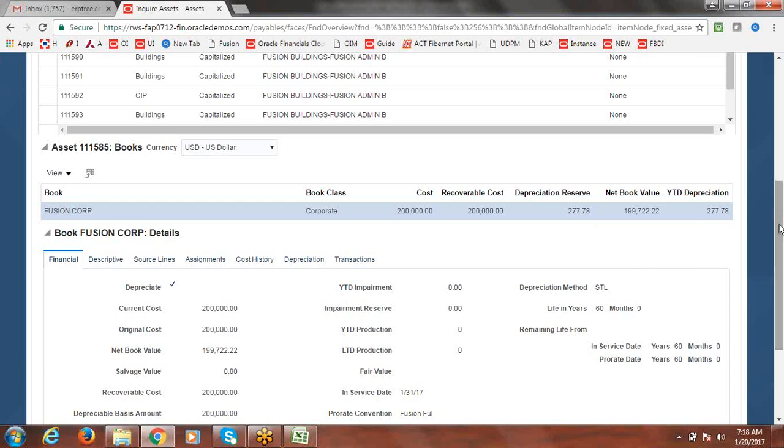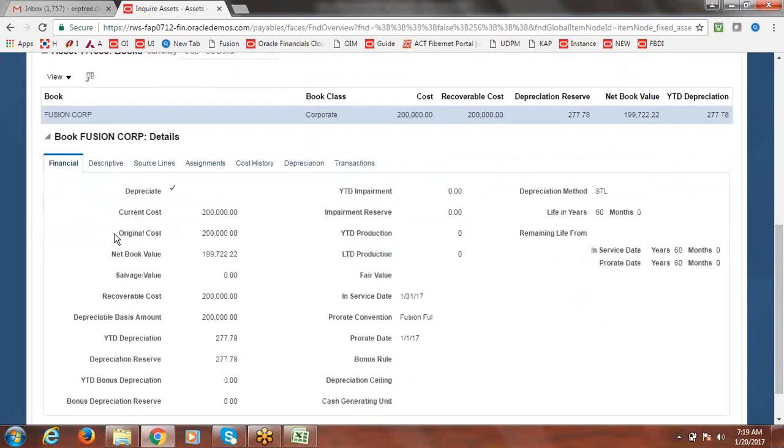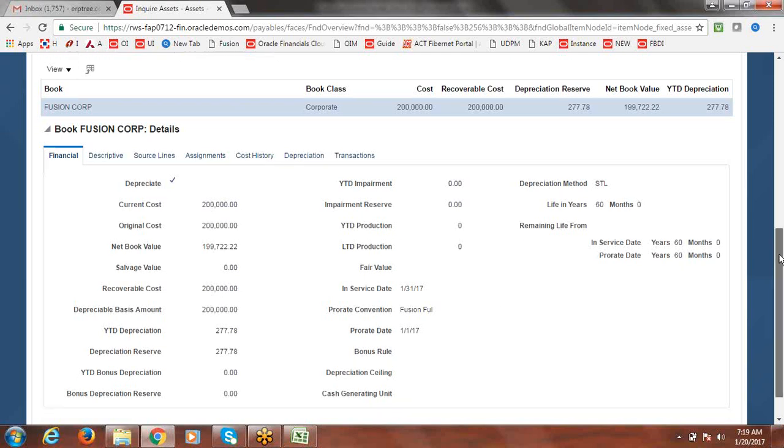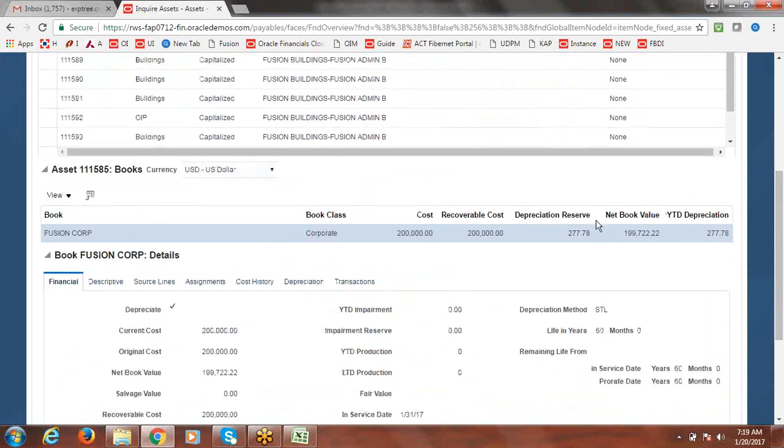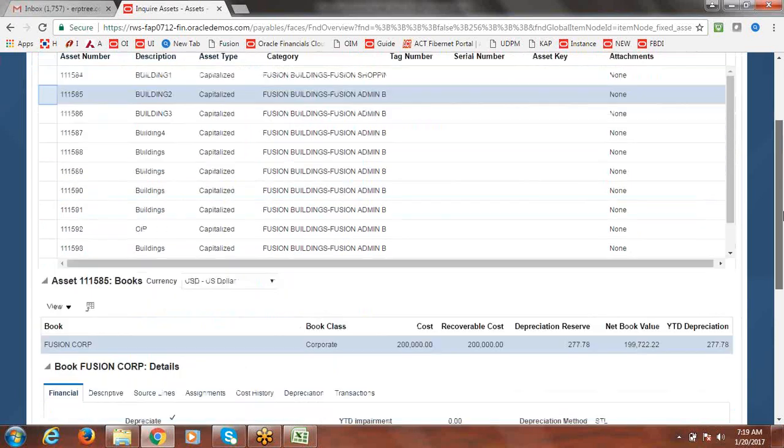Okay, so that's how we can see the same here, current cost and the original cost and net book value, how much, and all the information you can see here after calculating the depreciation. So this is the draft mode. Now what we'll do is we'll go and test